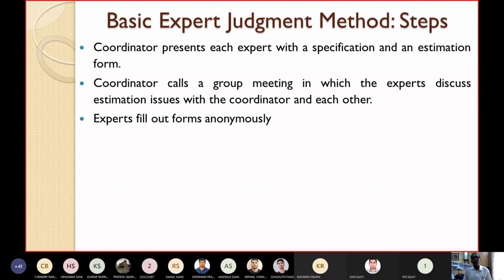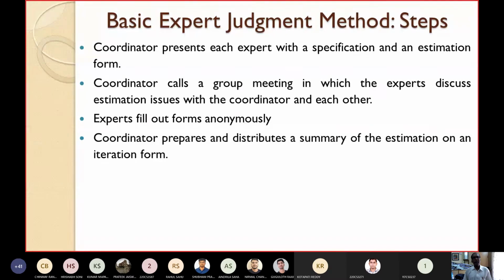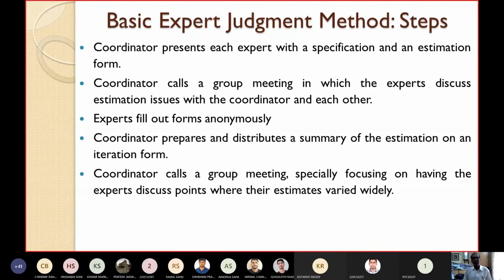Then the experts fill out the forms given by the coordinator anonymously. Please see, they fill out the forms anonymously, not synonymously. Then the coordinator prepares and distributes a summary of the estimation on an iteration form, which is again circulated to all the experts. Then the coordinator calls a group meeting again, specially focusing on having the experts discuss points where their estimates varied widely, because the individual estimates coming from the experts might vary.